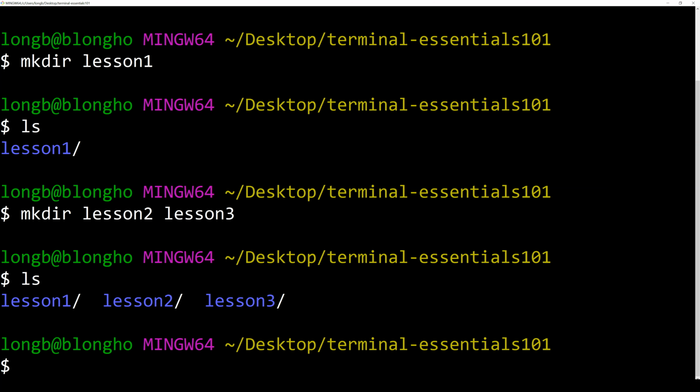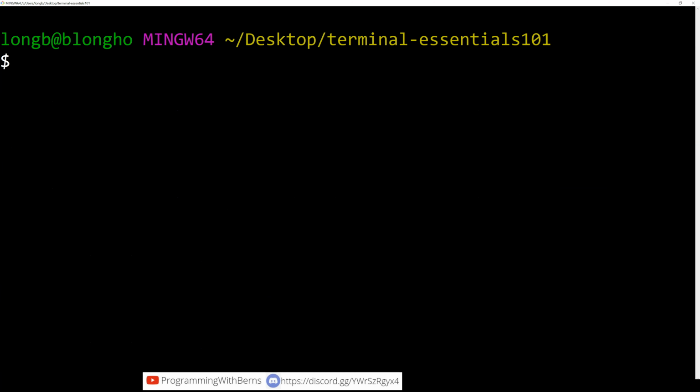You can actually create nested directories. For example, you can create lesson 4 and a subdirectory inside called module 1, like this. Make directory. Let me clear the screen so things are nice. Make directory.